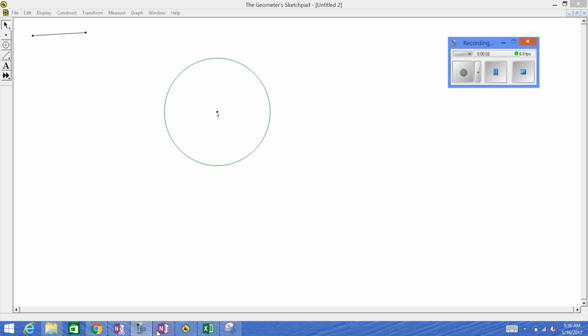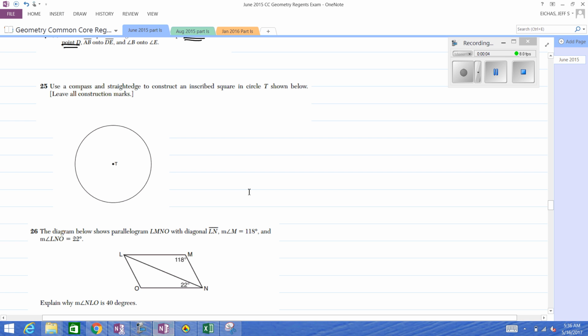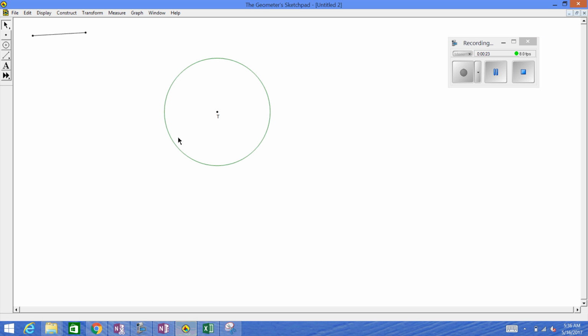Okay, so we're going to work on the June 2015 open response now. Number 25 wants us to inscribe a square in circle T. There's a lot of ways to do this. With this software, I can't show you my compass tool, so I'm going to do the best I can with